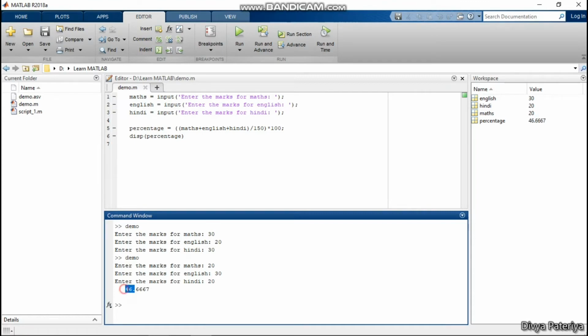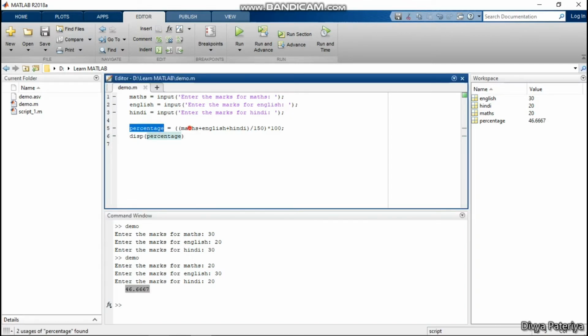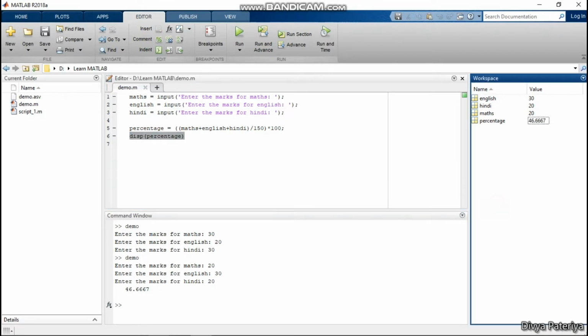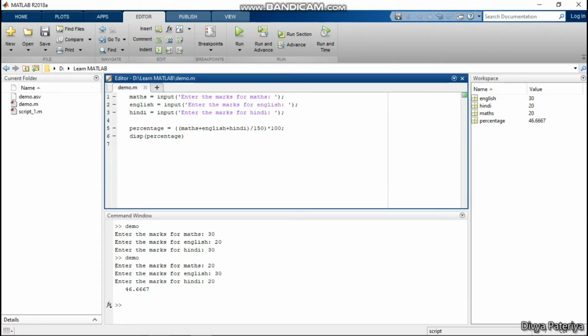and then this value that we are seeing is the result of my sixth line, because the percentage is suppressed with a semicolon and is not showing up inside the command window, but the value of percentage is right there in the workspace. Similarly, the sixth line is not going to store anything inside the workspace because we have not provided any variable to it.